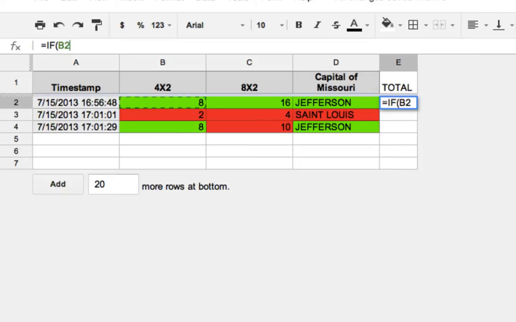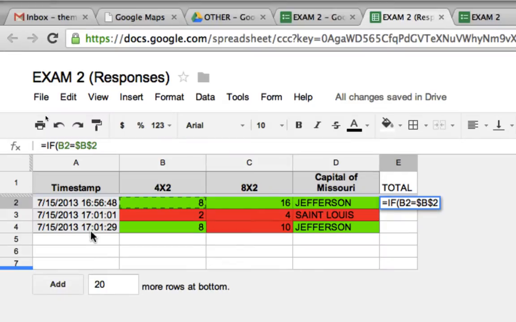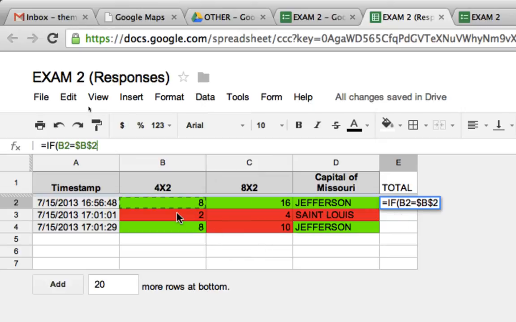is equal to. Now here's the special thing. Given the fact the next B2 is going to be in reference to all the other ones down here, we have to put this as an absolute, meaning we have to put dollar signs. So we're going to put a dollar sign here first. And then we're going to put a B, another dollar sign, and then a 2. And that's how you make things absolute. You put them with a dollar sign. That means it will not change afterwards